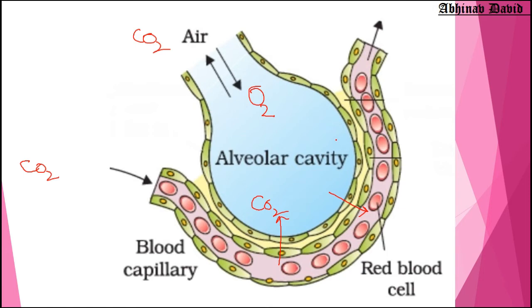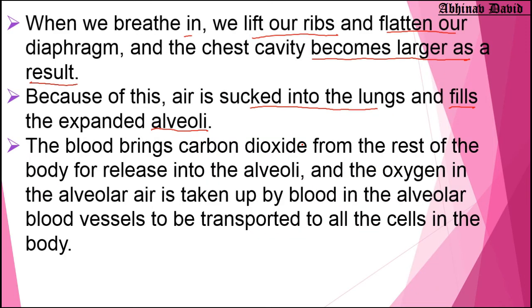So this is what is happening in the alveoli. In the alveoli, exchange of gases takes place. So the blood brought to the alveoli has carbon dioxide, but the blood which is going out of the alveoli contains oxygen. So blood becomes oxygenated in the alveoli. So what is written here? Let us see. The blood brings carbon dioxide from the rest of the body for release into the alveoli. So the blood is brought into the alveoli so that carbon dioxide can be released in the alveoli, and the